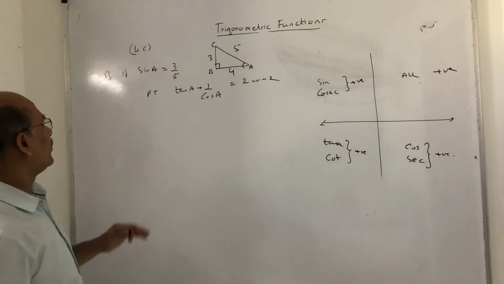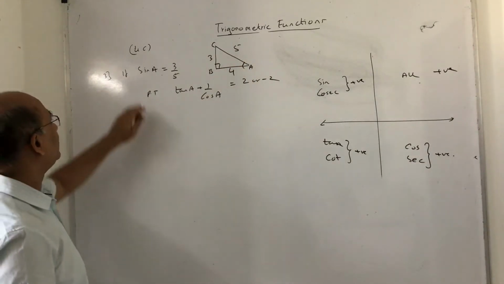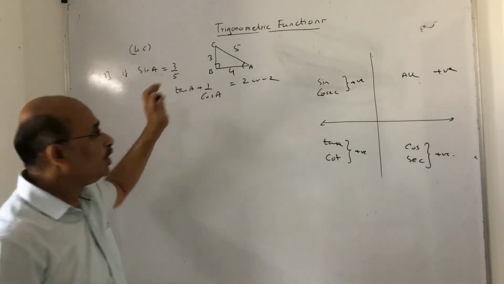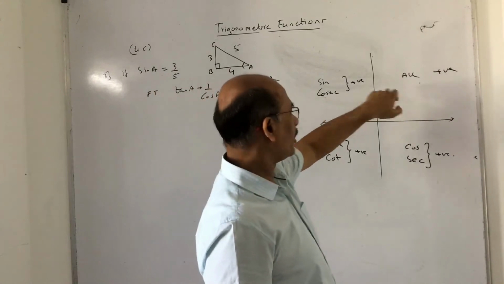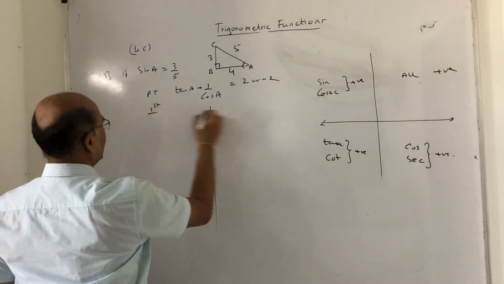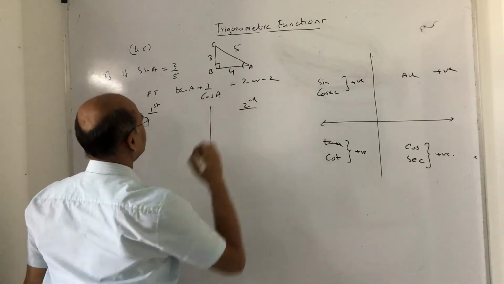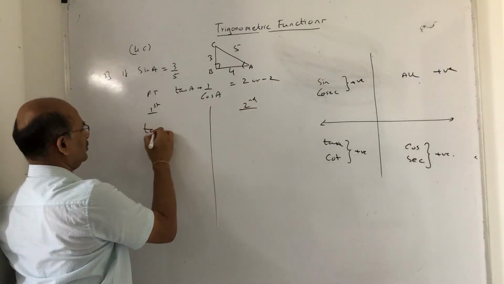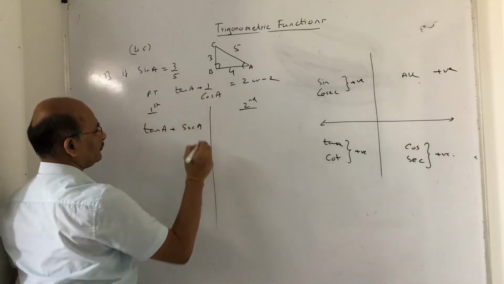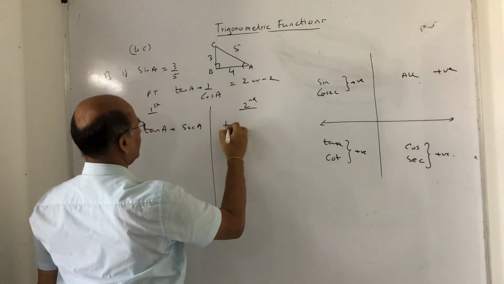Now anyway, coming to the point, they have not mentioned which quadrant A is in. So sine is positive. Look, sine A is a positive value. So in which quadrants is sine positive? First quadrant and the second quadrant. So you do both, the first quadrant and the second quadrant. Now for the first quadrant, the expression is tan A plus 1 upon cos, we can say sec A. Similarly, here tan A plus sec A.